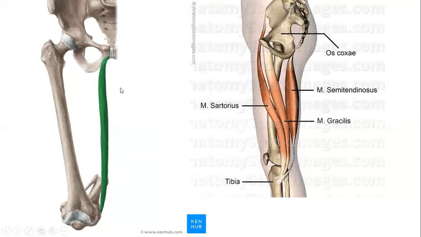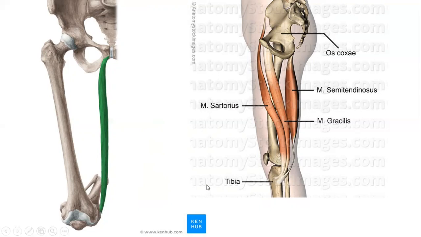So let's take a look at the attachments of these muscles one by one, their nerve supply and action. Here we have the gracilis muscle. Gracilis is a thin, strap-like muscle which is vertically placed in the adductor compartment of the thigh. It is proximally attached to the anterior surface of the body of the pubis and runs vertically down to get attached at the medial end